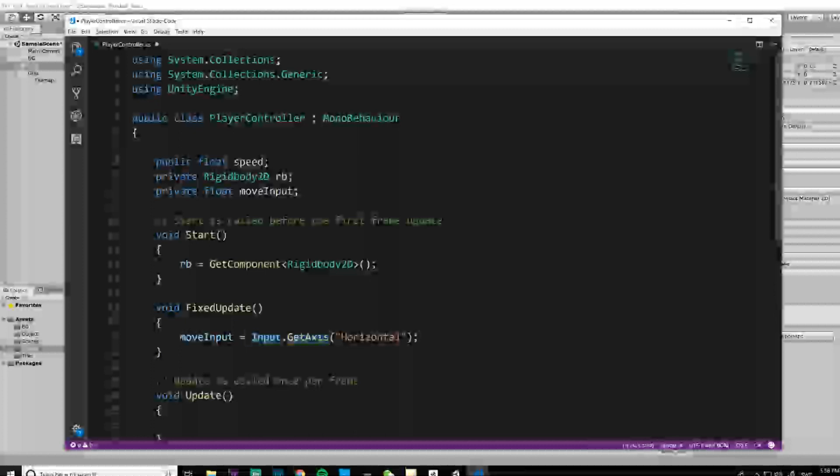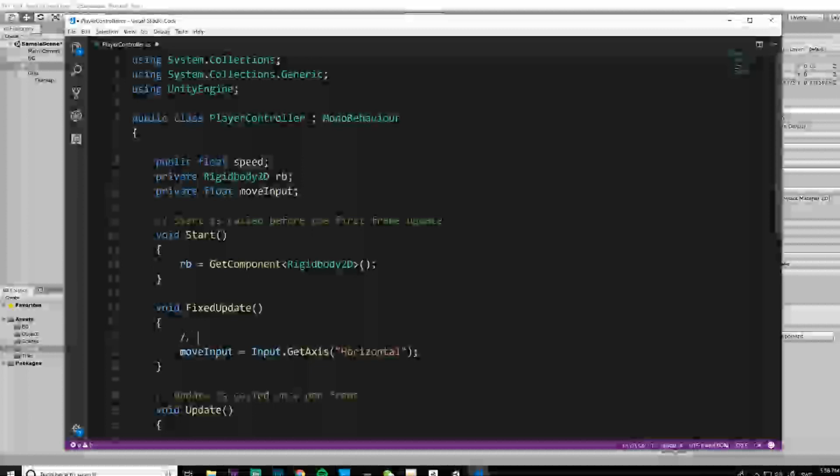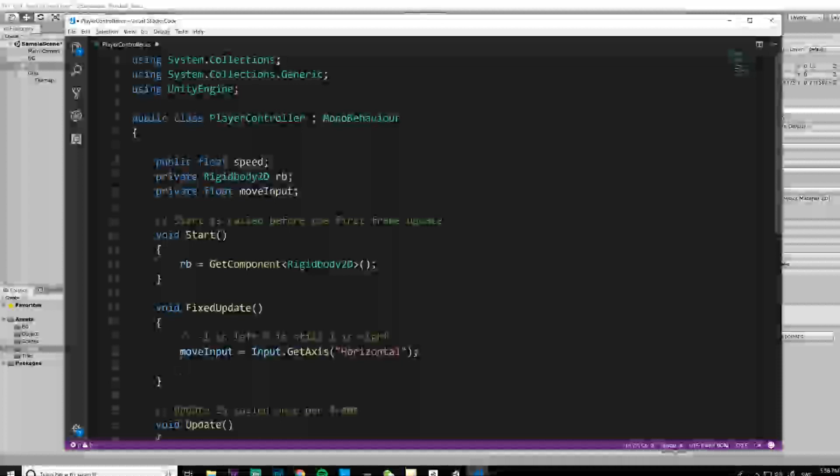And so when we know if we're moving to the left or to the right, and just so that you remember, guys, -1 is left, 0 is still, 1 is right. So once we know that, we can actually start moving our player. We can make them move. So to make the player move, we need to manipulate this RB object, rigid body. So the way we do it is by